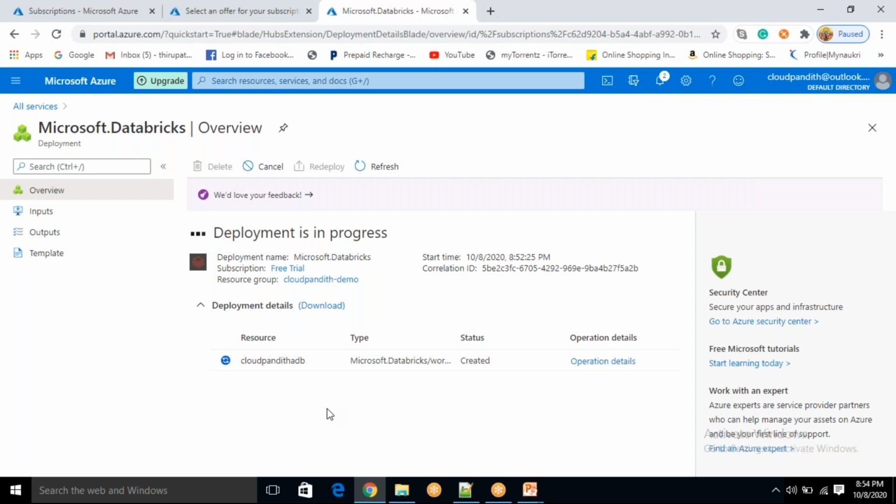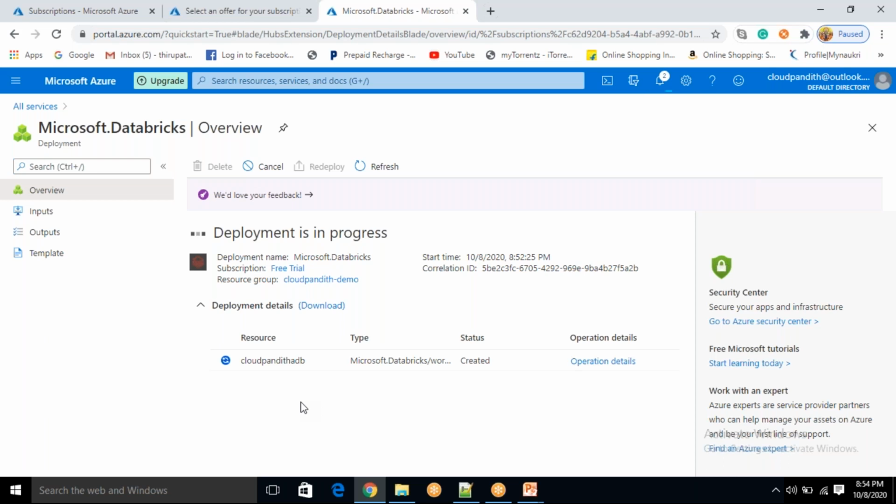It depends on where your data is. Your customer data is available in East US, near to East US somewhere. Then you can create the Databricks cluster and the Databricks workspace, everything in East US. If your data is available in India, you need to launch the Databricks workspace also in India, and you need to create the cluster also in India.